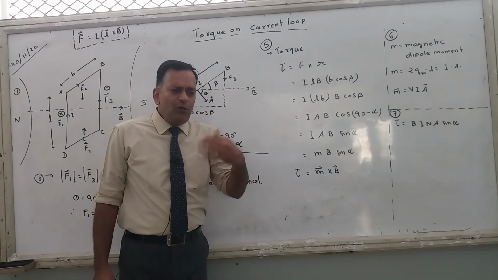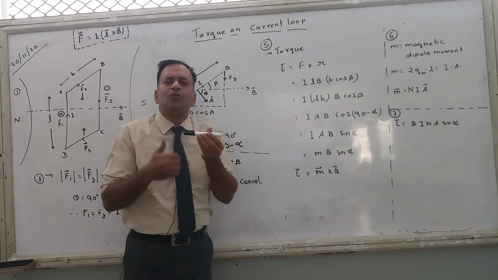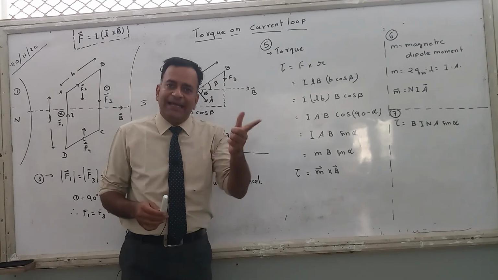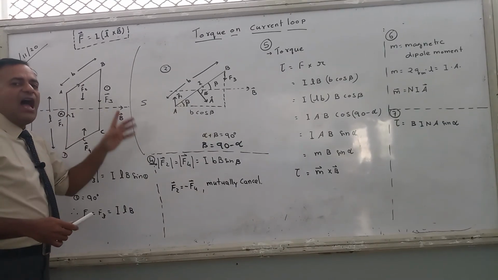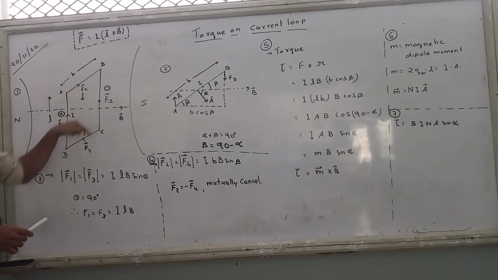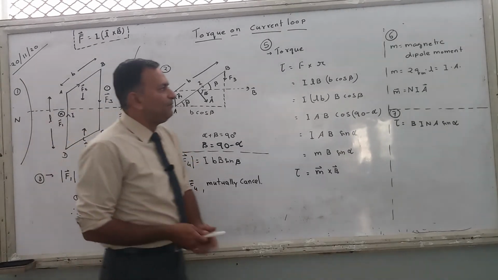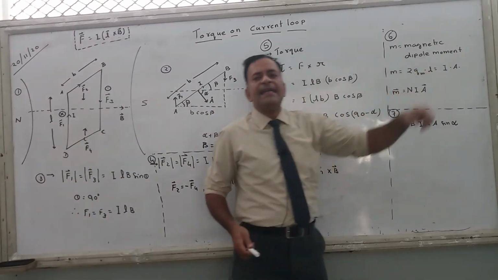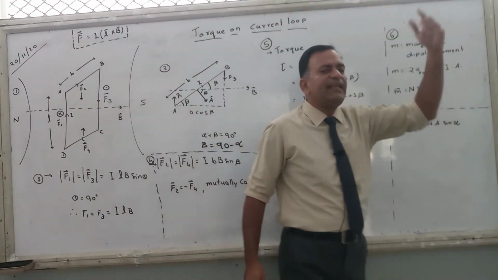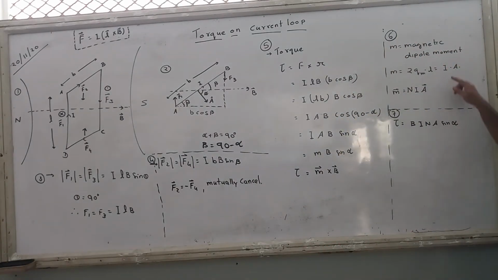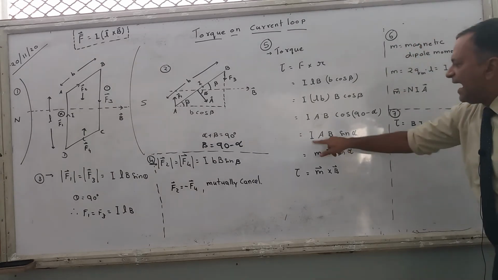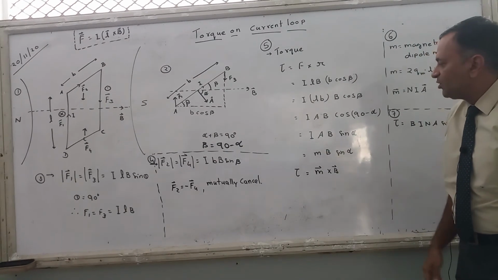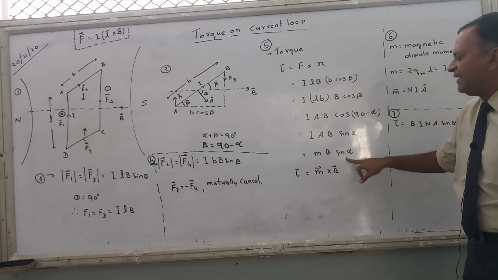Okay, but you don't have a magnet like this, you don't have a permanent magnet, you have an electromagnet. You have an electromagnet like this. How to calculate the magnetic dipole moment of an electromagnet? It is simple. I into A. What is I? I is current. What is A? A is the area. Current into area. So what is current into area? It is the magnetic dipole moment. So here I into A I have taken equal to M. So what is the torque? MB sin alpha. Finish.